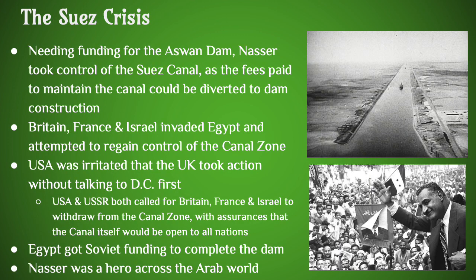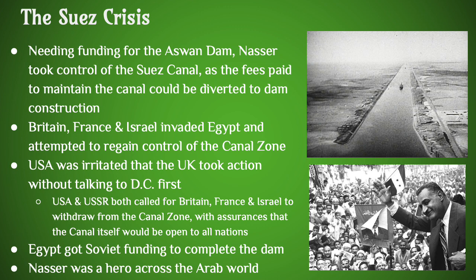This precipitated what we refer to as the Suez Crisis. Nasser took it, and that allowed him to be able to use those resources to help him build this dam that he wants to build. Britain and France were not cool with that at all. They really liked getting all of the revenue from the Suez Canal, and that led them to invade Egypt. And in fact, they brought Israel along for the ride. And their goal was to get control of the canal zone again. And Israel wanted to grab some land near the canal zone as well.